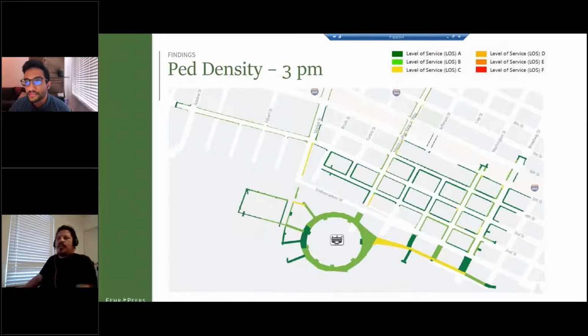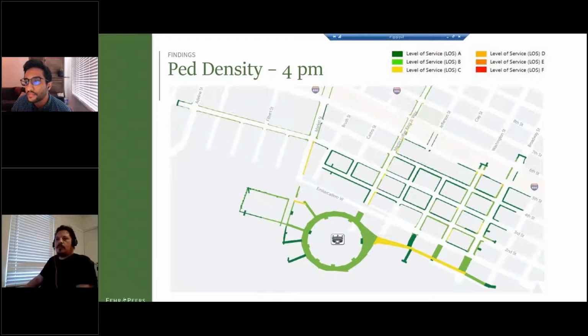On this figure, we have on the top right corner the pedestrian density scheme, where level of service A is dark green to level of service F, which is red. The figure shows that we were able to achieve level of service C or better from the hours of 3 to 4. Next slide. From 4 to 5 p.m., we were able to achieve level of service C or better